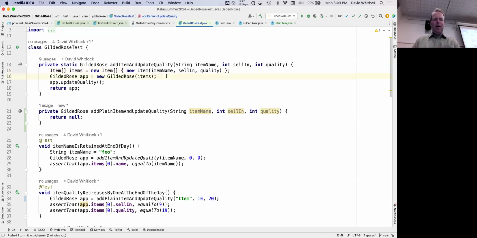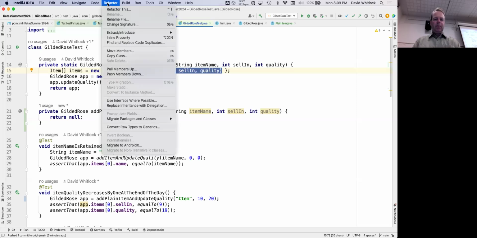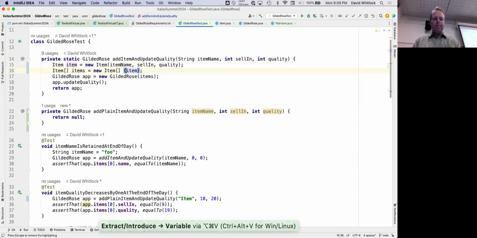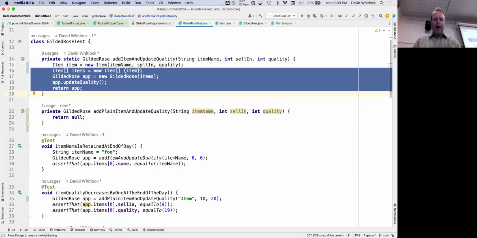And so what I basically want is, okay, I'm going to do the following. I'm going to put this into a variable right here. I'm going to introduce a variable. I'll call it item. And then I'm going to create a new method with all of that code.